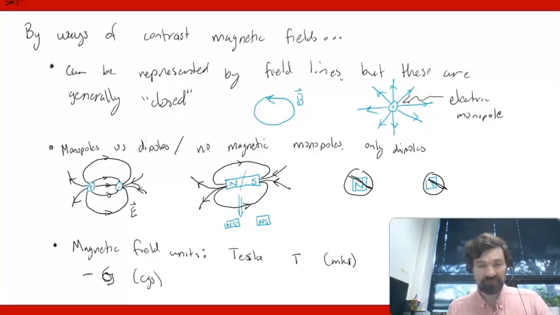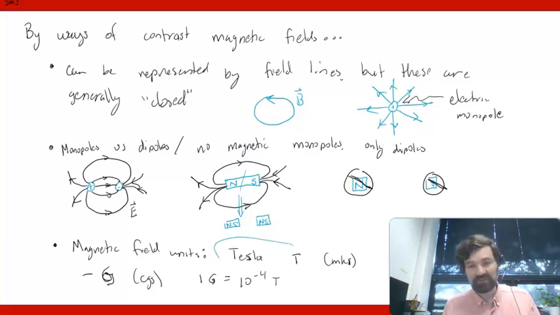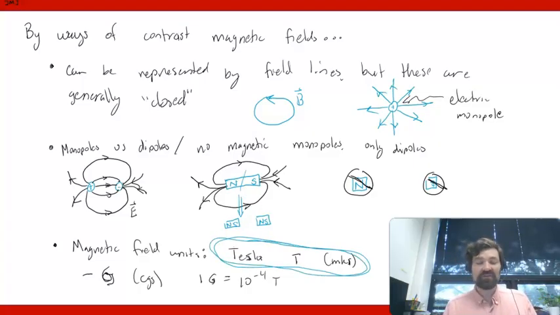And the conversion is that 1 Gauss is 10 to the minus 4 Tesla. Now, why do we use the CGS unit here as opposed to the MKS unit? Well, for calculation purposes, we probably don't, or we should convert over to Tesla. So, in some sense, this one right here is the unit that you need to ultimately be working in. But the Gauss is